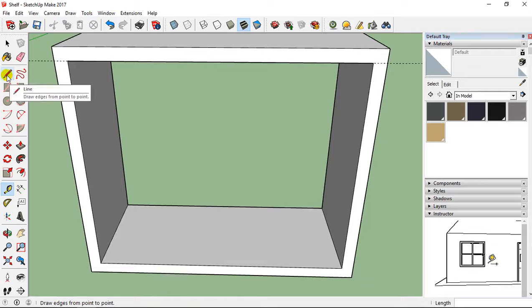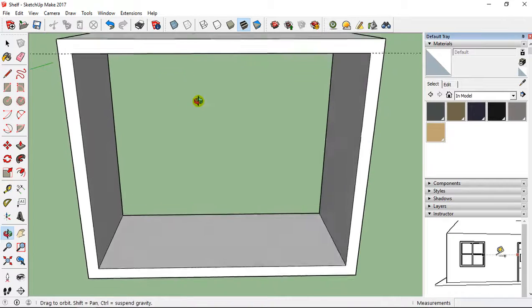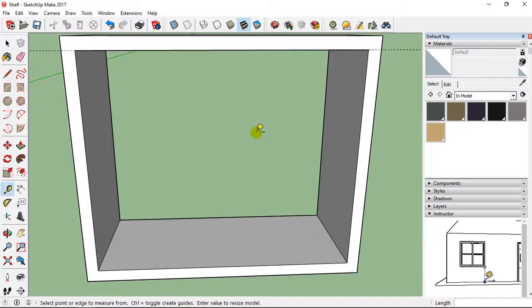So I'm going to take the guide tool and with the guide tool I'm going to integrate a guide, so at 55 centimeter, like this. Then I take the guide and I'm going to go on the left and add just 1 centimeter here.